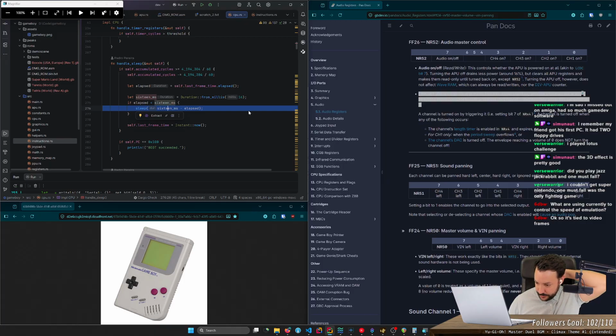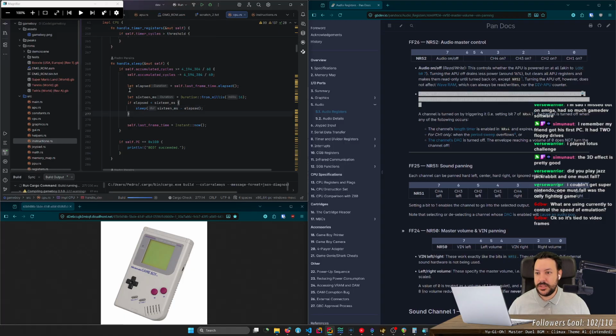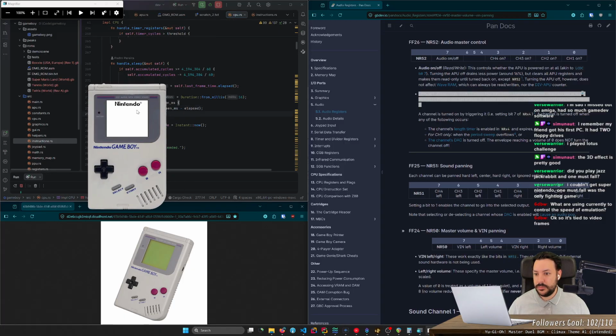Yeah, it's tied to video frames. I don't know if there's a better way to do this, actually. Probably there is, but these run with the same pacing as the Game Boy.